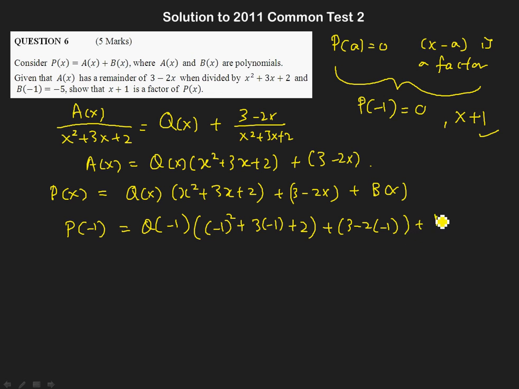You realize that it's not important for us to know what Q(x) is. So we just replace x by -1, and you probably now realize that this is actually 1 minus 3 plus 2, which is 0. So the whole term here is going to be equivalent to 0, and this is 5 plus what? What is b minus 1? Now b minus 1 is -5,